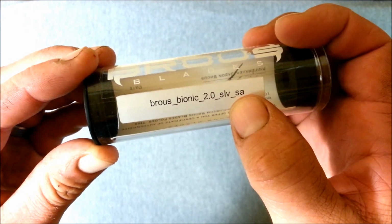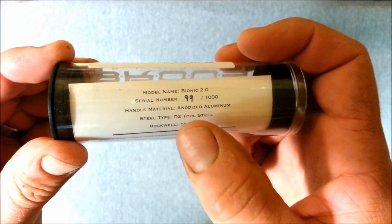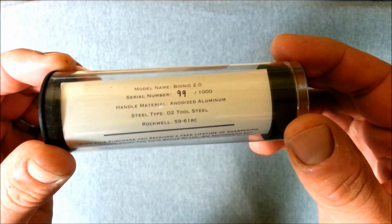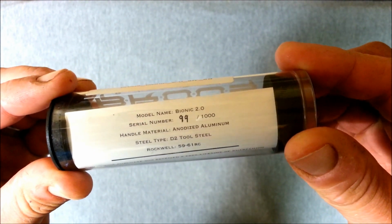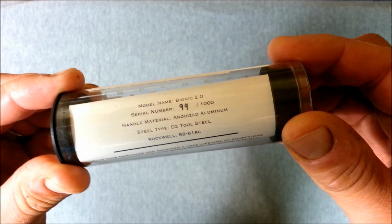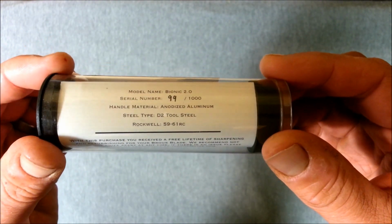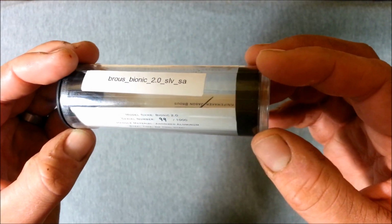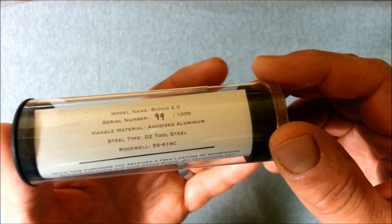Bionic 1 I think was a run of 1100 blades. This is a run of 1000, and you can see here this is serial number 99 of 1000, which I think is kind of cool. I mean, if you're not going to be number 1 or number 1000, what else do you want? 500, the year of your birth, number 2, 999, I don't know. I just think 99 is quite cool, so I'm quite pleased with that, and that's one of the reasons I'm probably going to be keeping this blade, where I had originally intended to flip it and trade up to something else. Anyway,